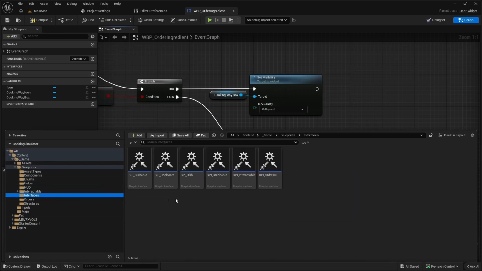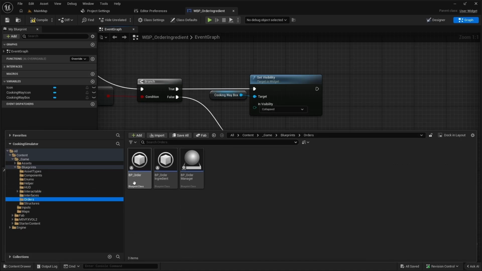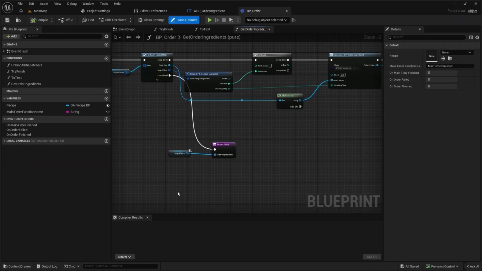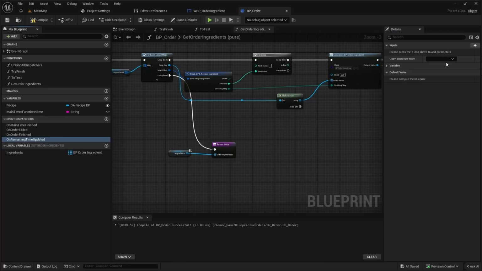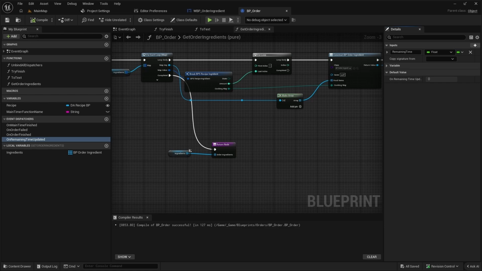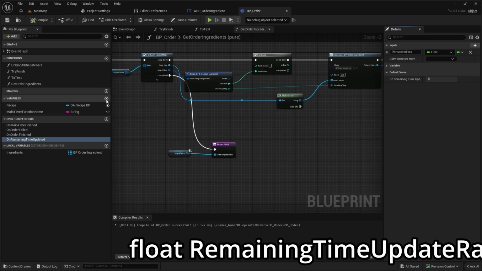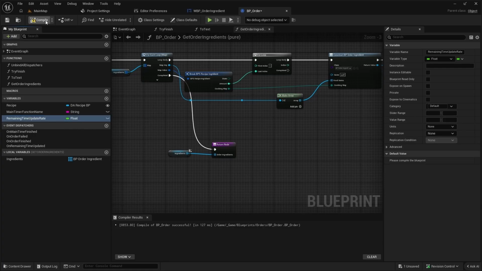Inside we will implement progress tracking. Start by adding an event dispatcher, called on remaining time updated, with a float input. We will use this dispatcher to notify listeners when the remaining time changes, but we don't want it updating every single frame. To control that, add a float variable called remaining time update rate and set its default value to 30. Next, go to activate order